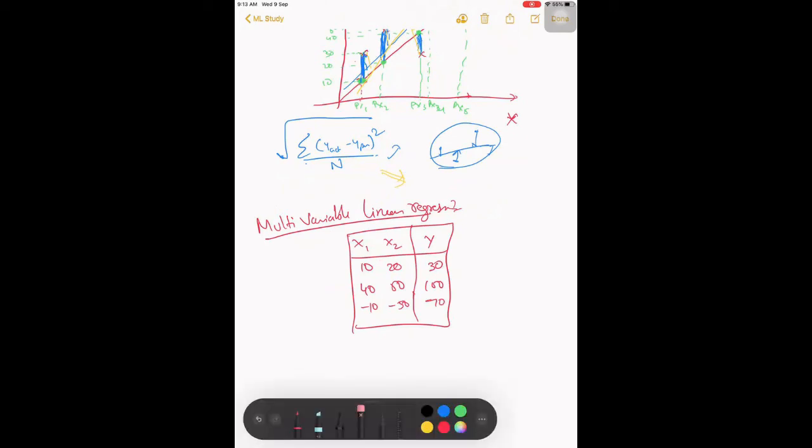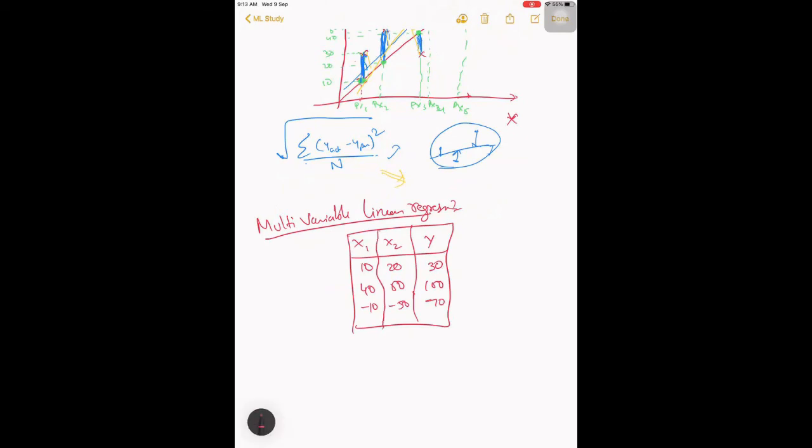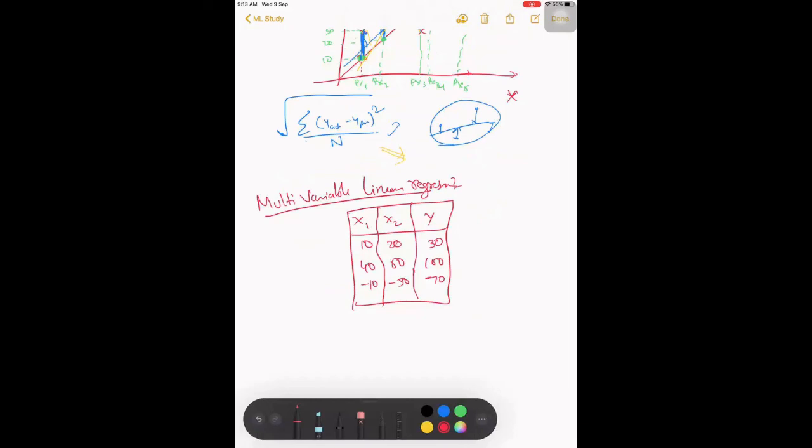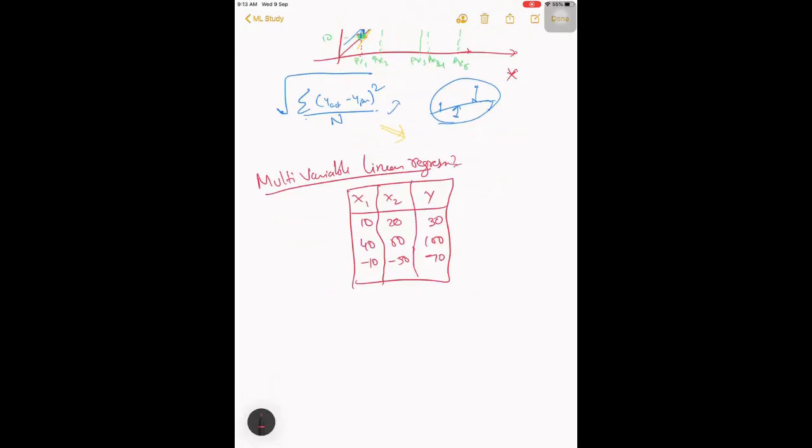We have to find out a relation again. How are we going to proceed? Because till now what we have seen is just y equals theta naught plus theta 1 x, which is y equal to f of just x.